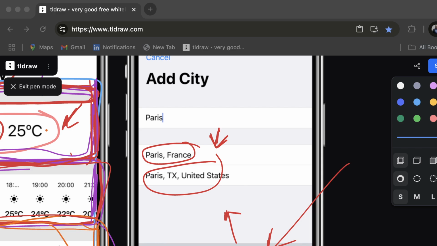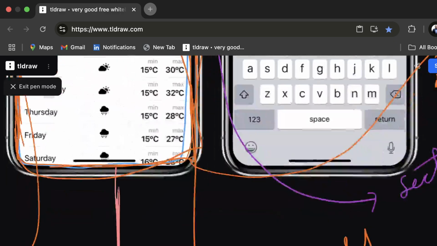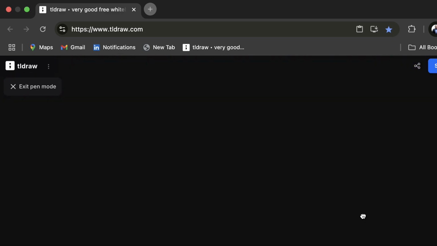Okay, let's start with this. We will also be trying to understand. We'll also be trying to build a weather app version of our own, but the weather app that we are going to build will be